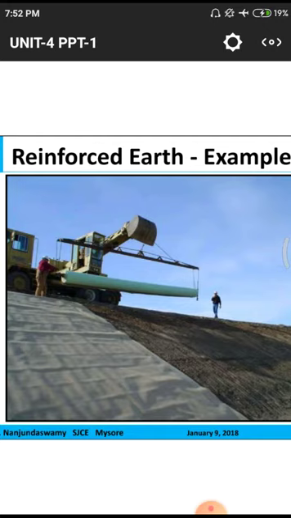This is one example: before reinforcing earth, the total structure with some quantity of embankment. This is the structure during the reinforcing earth. This is the structure after reinforcing earth. So those three diagrams you have to observe in a single picture: before reinforcing, after reinforcing, and during reinforcing. These three are the example for that picture.